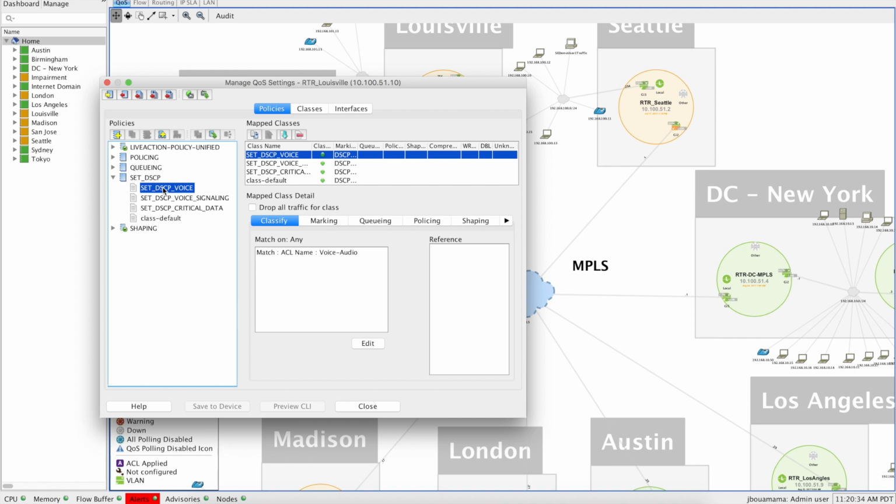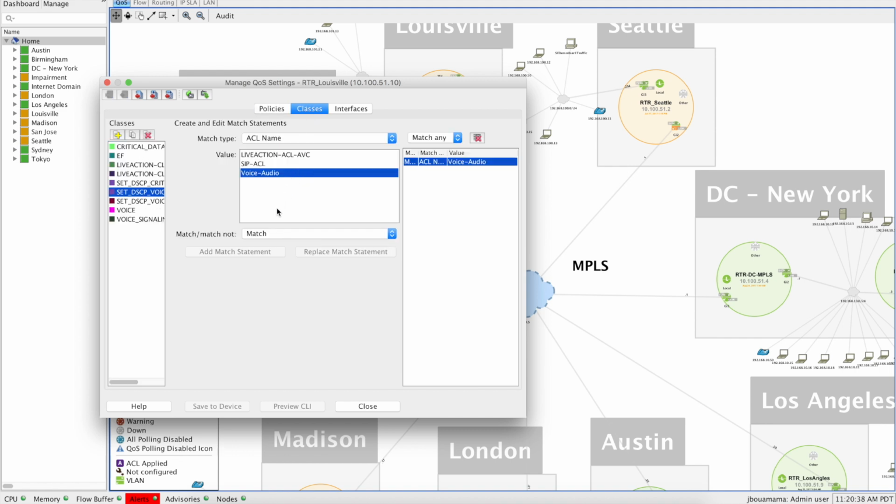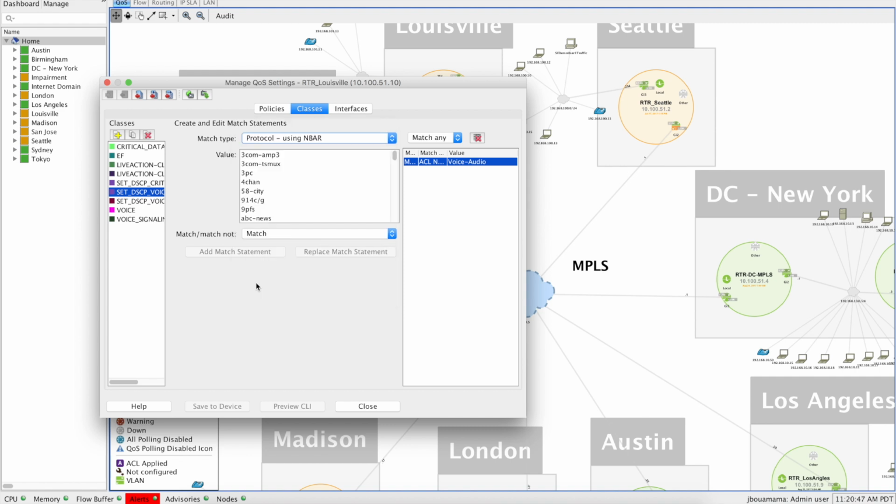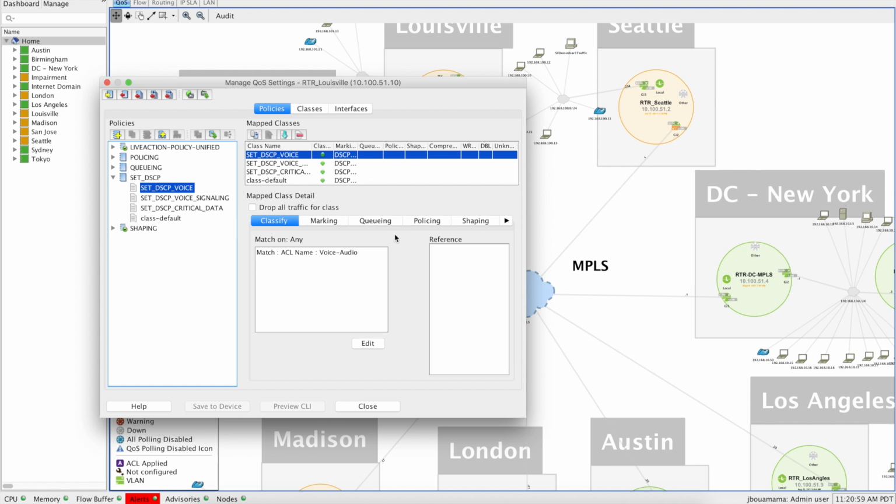within the policy. If I want to click on a class and find out more, I can show all the ACLs or all the match statements using ACLs. I can add or remove statements. So if I want to add a new statement using NBAR, for example, or maybe use DSCP to match on, I can do that all within this. And then I can do other things like marking, queuing, policing, all the advanced quality of service configs within this